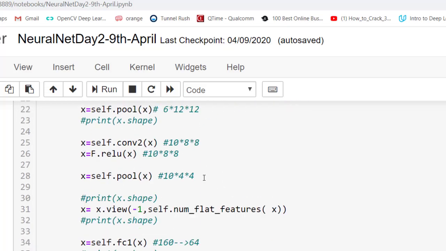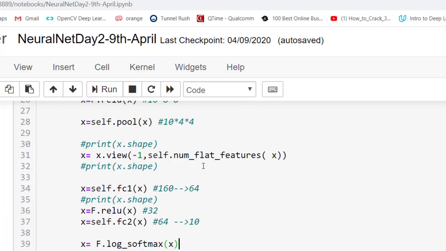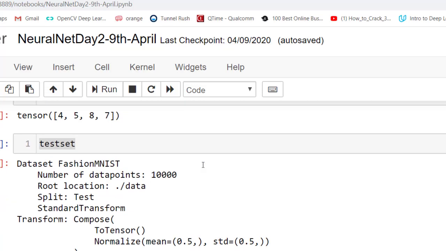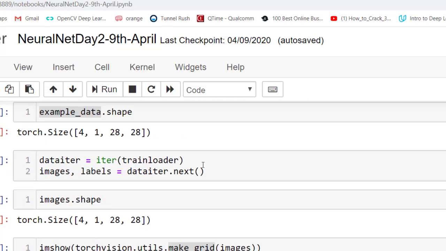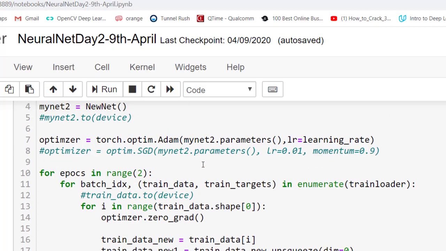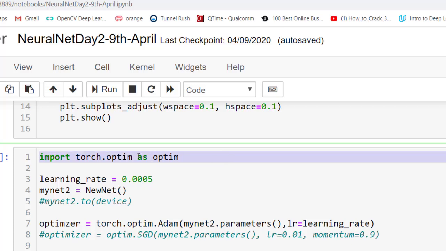So this is my forward function. Let me see how I'm going to train this. I hope it's clear up to this point. For training we always need an optimizer, so we need to import torch.optim as optim. optim has all different types of